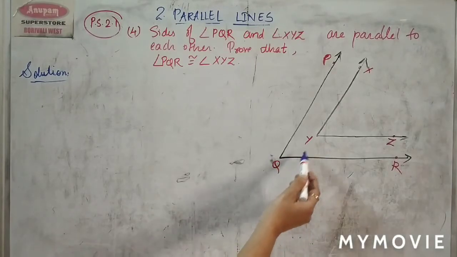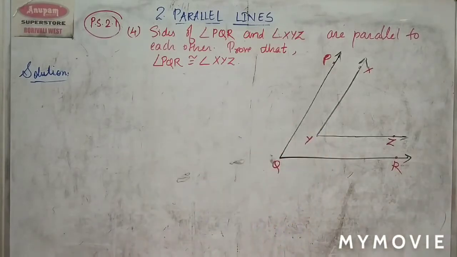We have to prove this angle is congruent to this angle. So these two angles we have to prove congruent. So we will be using whatever we have studied till now. But if you see here, there is no information given to you apart from that they are parallel to each other. So when we cannot solve anything using the given information, we do some kind of constructions in our figure and we try to change it.